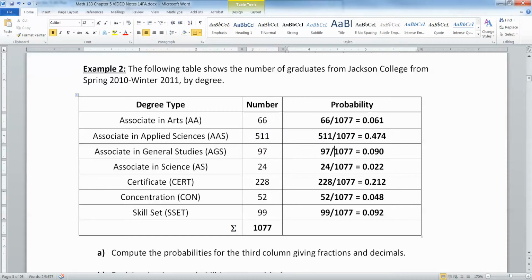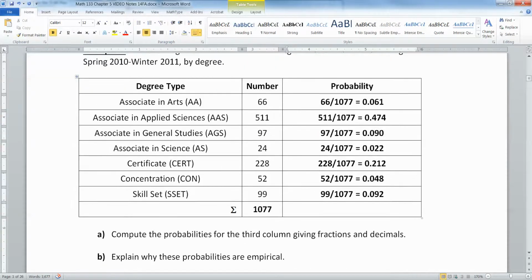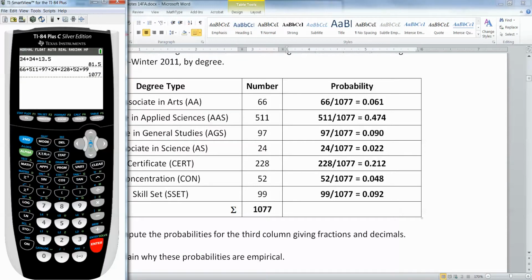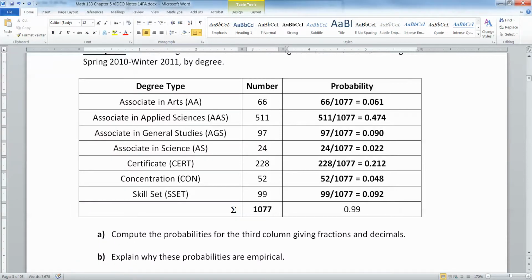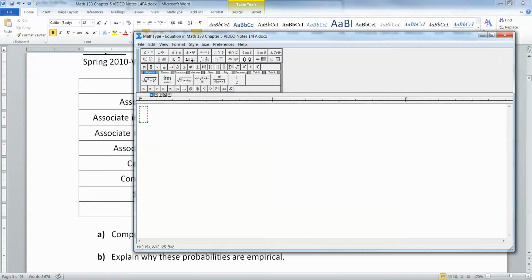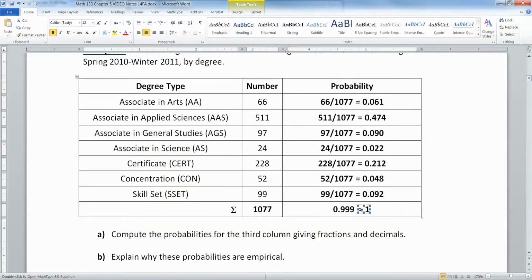And normally you don't actually have to show all the division. I'm just showing it to you in the notes here so you know where it comes from. Let's see what that right-hand column adds up to. So if I add up those numbers, I get 0.999. Now don't be worrying about that too much. Notice it's very close to 1. And that makes sense because we would expect it to be about 100% when we're all done with this. Right? So it's okay that it makes 0.999. That's because we've rounded.